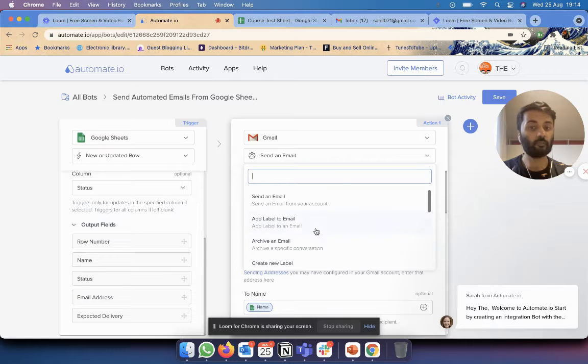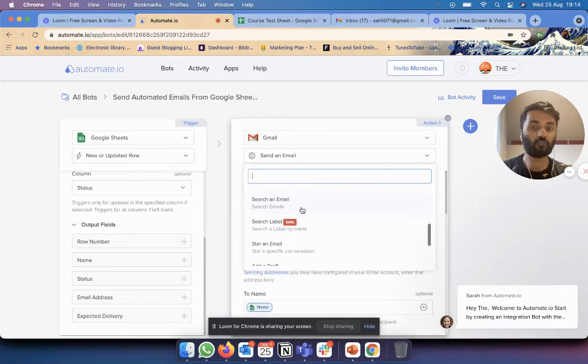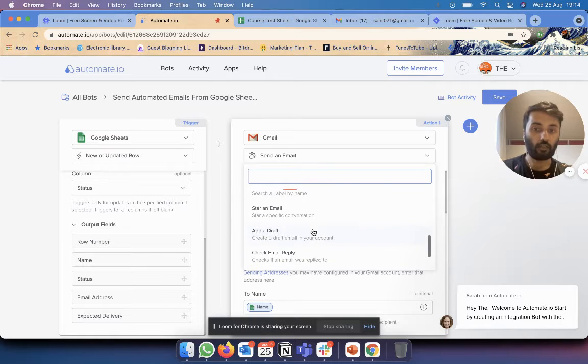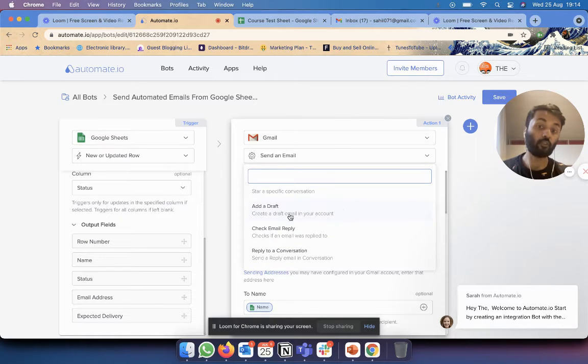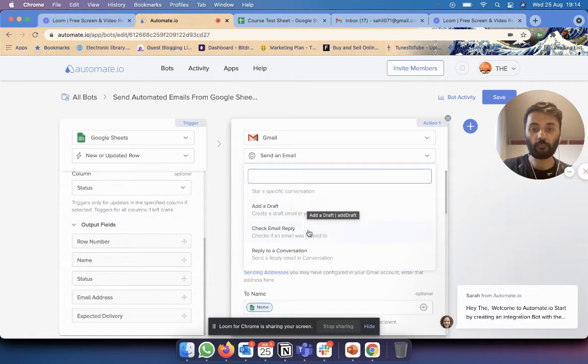It could be many things. It could be add label to email. It could be archive an email, create new label, search for an email, and so on. But it could also just be create a draft. If you don't trust the tool to do it, you could just create a draft and then do it yourself. Could be reply to a specific conversation. So if you've already had a conversation with a client about it, you could use that as well. But I'm going to use